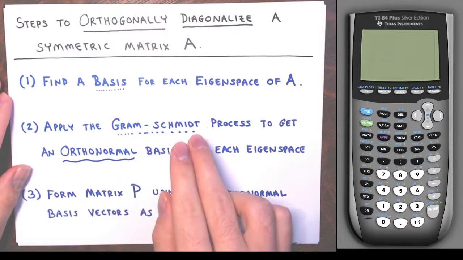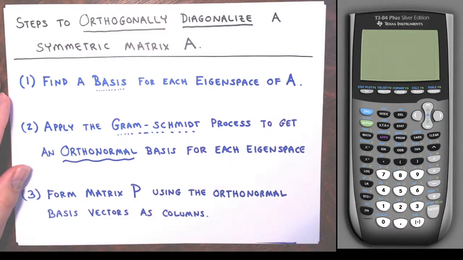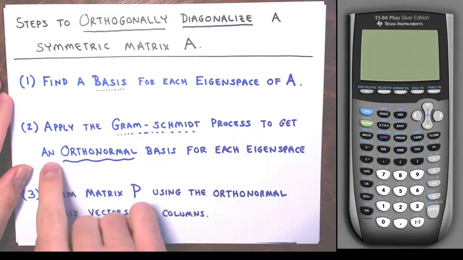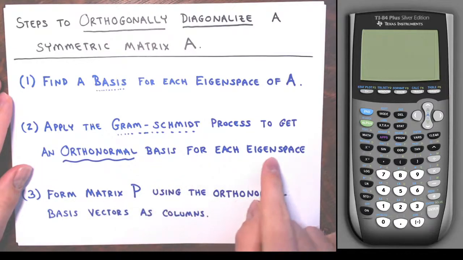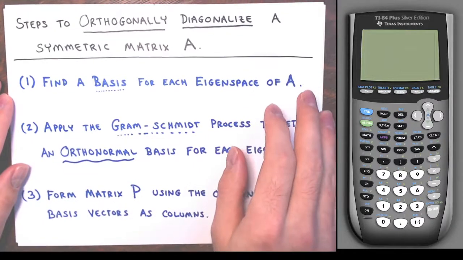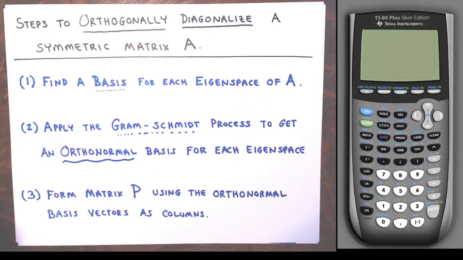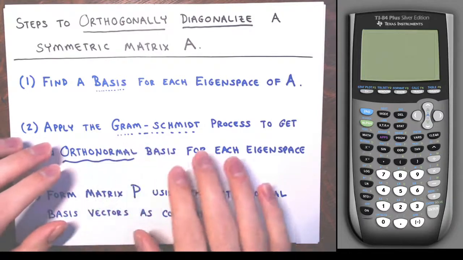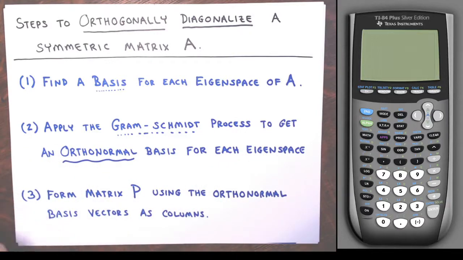apply the Gram-Schmidt process if necessary. It may not be necessary, but apply the Gram-Schmidt process to get an orthonormal basis for each eigenspace. So you'll have a basis for each eigenspace, but then you're going to make sure that each of those bases is an orthonormal set. That you have an orthogonal set of vectors where each vector is a unit vector. And again, I'm just going to go under the dot product. And then once every basis of every eigenspace is an orthonormal set of vectors,